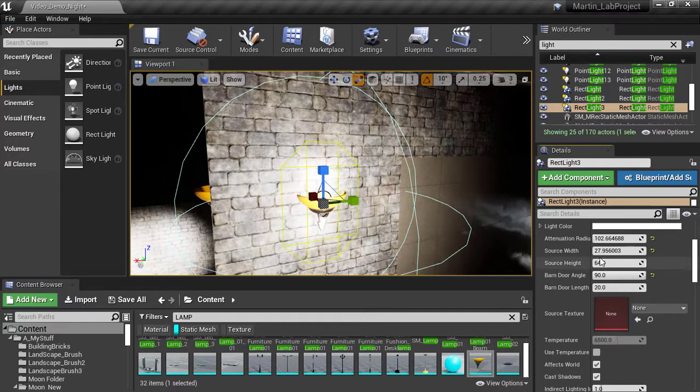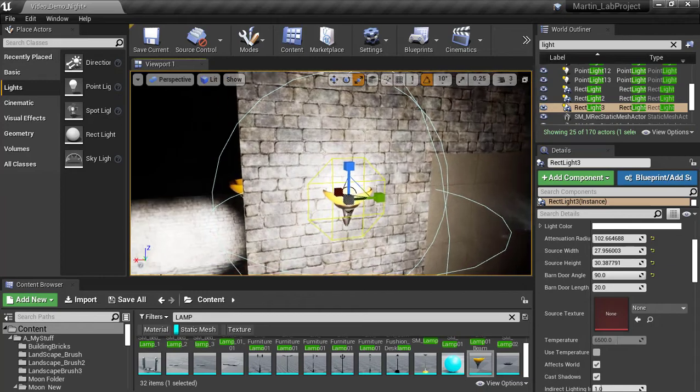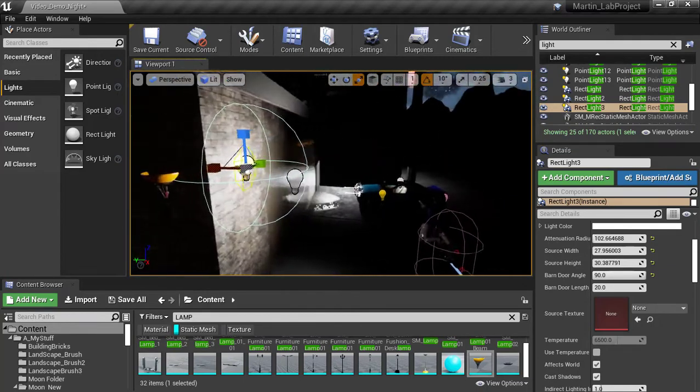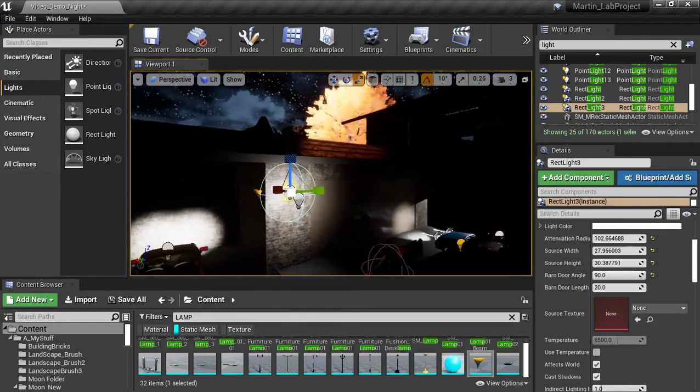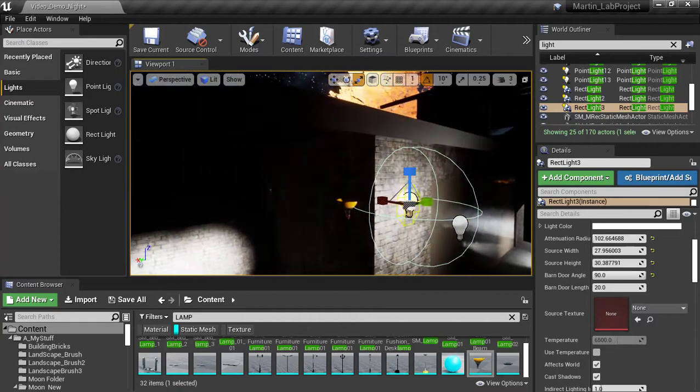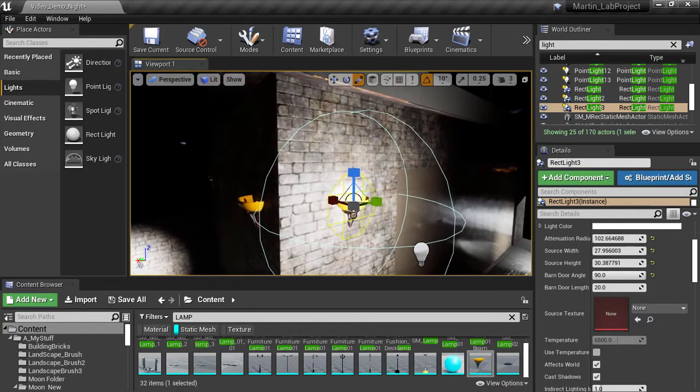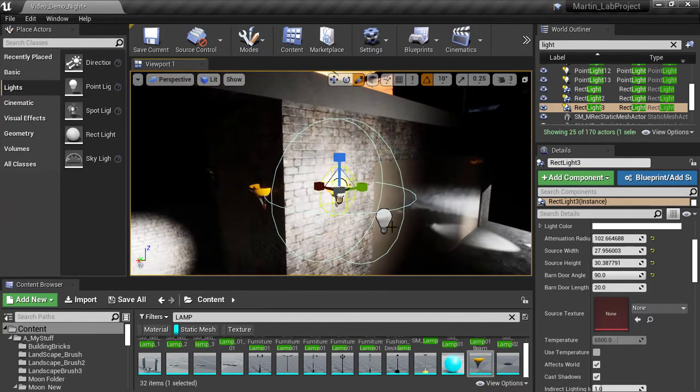Oh, that's the box. Let's see. I think it's this one. There we go. Okay, so it's just a matter of finessing it. I just don't want them to be super bright because I'm going to have one right around on the other side of the corner. Okay, so now that I have that, I'm going to select the other one, hold Control, grab both of them,